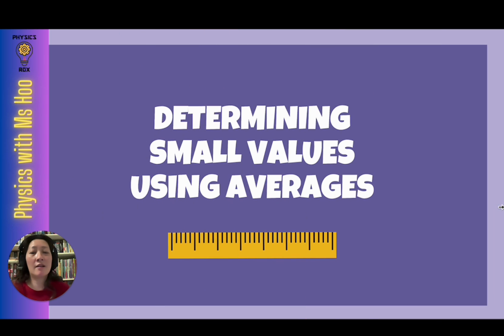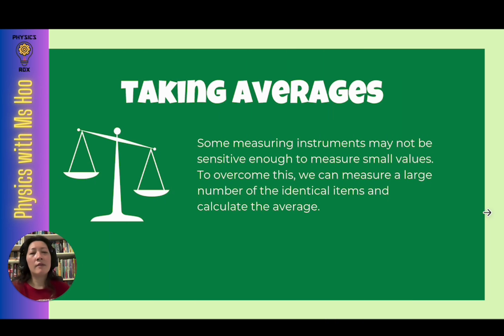Now, let's look at the concept of determining small values using averages. What is this topic about? When we want to measure very small values, for example the diameter of a wire or even the diameter of your hair, something that tiny, do we have measuring instruments that can measure such tiny values? Yes, we do. We have devices known as vernier calipers and micrometer screw gauges that can measure such tiny